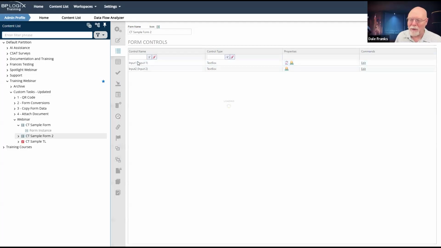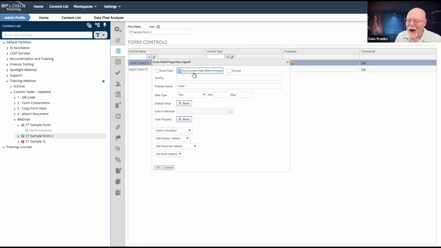If I'm in form 2 and I click the button on form 2 as well, then I'm going to be overriding both forms back and forth. Maybe not always reliably, depending on when the two instances get saved. Synchronization should work basically one way, from the parent to the child.